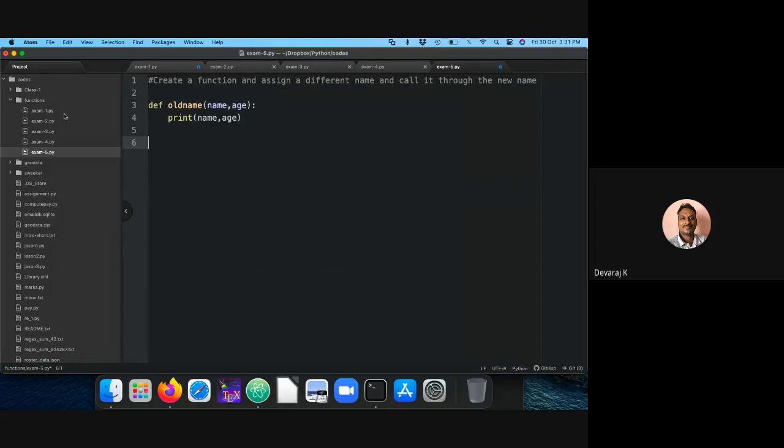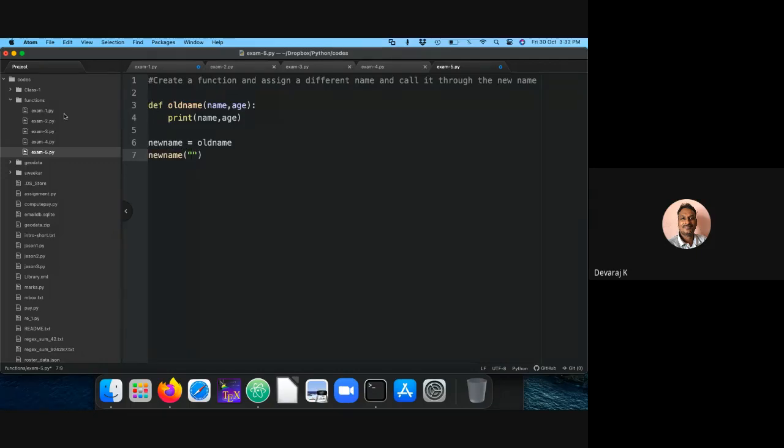Old name, your name and age. So I want to give a new name to it. I call it new name is equal to old name. That means new function name is equal to old function name. Then I call new name with name and age.